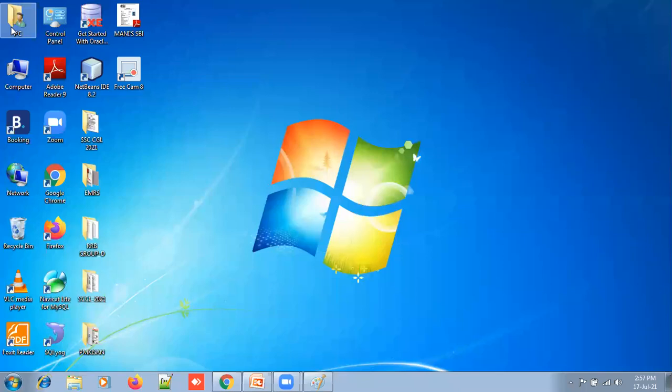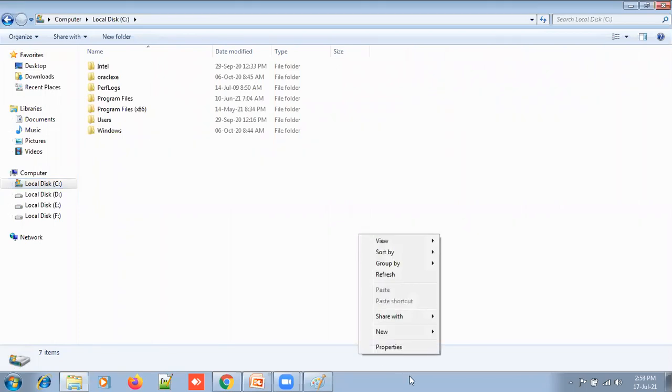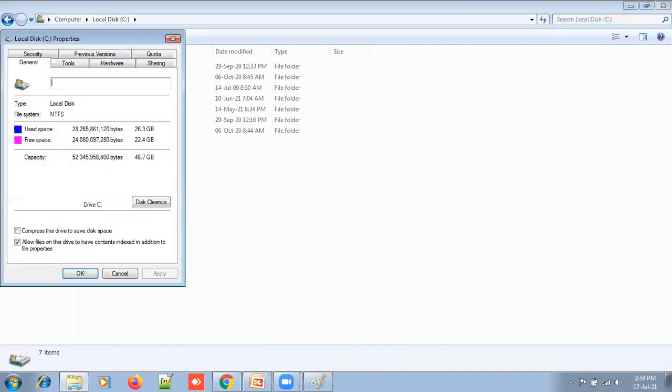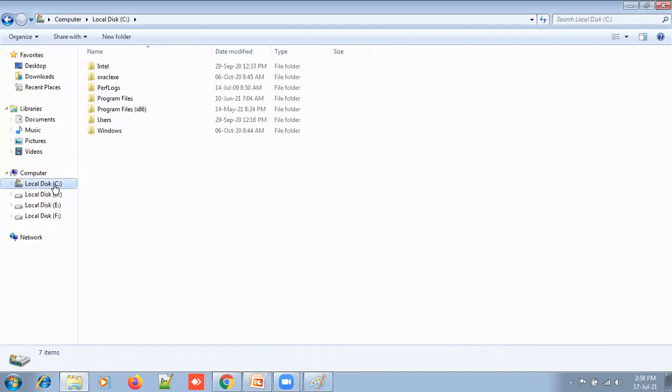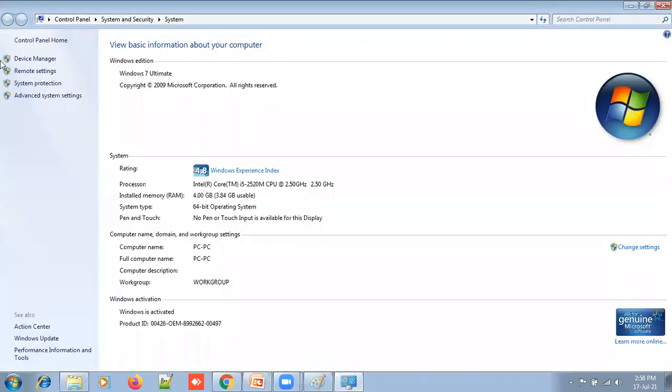Now open My Computer, This PC. Here is the C drive. Just right-click on This PC, and the Properties option will be there. Click Properties. Here in properties, my machine is a 64-bit operating system machine. Already, at the starting stage, I showed JDK 8u1 Windows x64, which means it is Java capable of a 64-bit operating system. That's why I gave 64-bit.